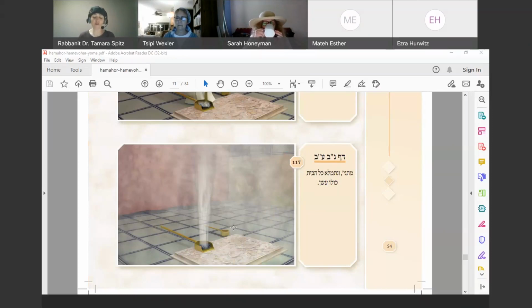And from here, we get into a very interesting discussion about the ark. And it seems it's going to be a difference of opinion, of course, because we're learning Gemara. It's going to be a machloket. What happened to the ark, to the Aron? And the Gemara says on 52 that many of the utensils from the temple were hidden away during the first temple, and they were hidden by King Yoshiyahu. And this includes the Aron, as I mentioned, the ark,